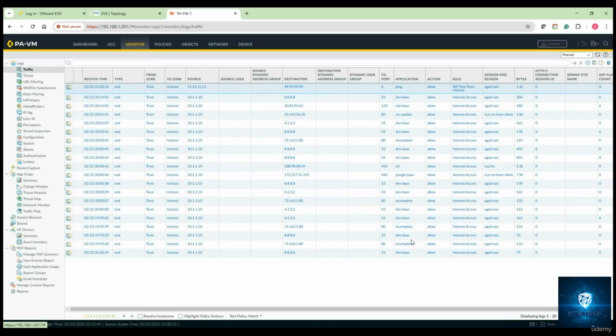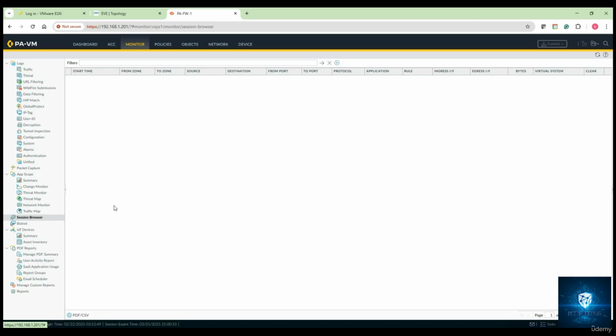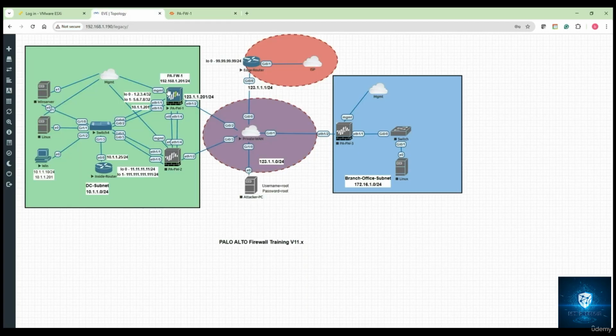All right, we'll discuss those troubleshooting steps later. As of now, let's focus on the important stuff. Likewise, there is Session Browser under Monitor. Click on Session Browser, and if you refresh that, you can also find it. It might take some time, so just hold on for that. Let's go ahead and talk about the